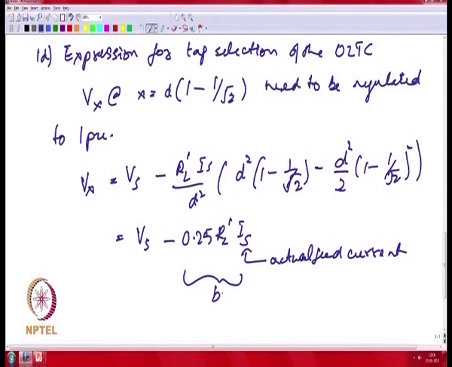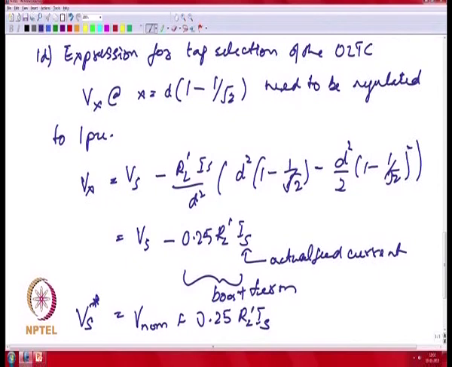So, if you look at the actual voltage that has to be commanded at the substation, Vs star, it would be your nominal voltage. You want to keep this particular value V at x to be equal to the nominal. So, this is V norm plus 0.25 RL prime Is. So, this is essentially a boost term that you are providing,